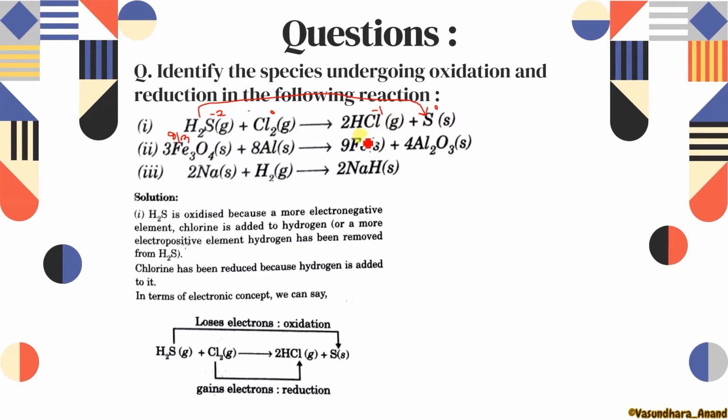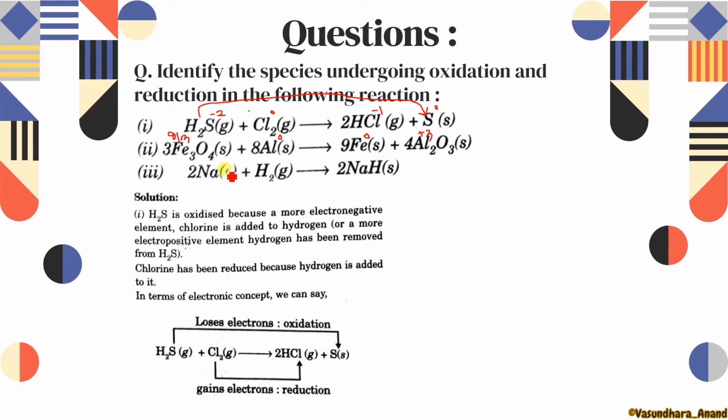So obviously the oxidation number is going to be increased. So we can say that this is what? Decreased. Yes, it is 8/3 and it is 0. So Fe3O4's oxidation number is decreasing, so we can say that it is undergoing reduction. And here it is 0 and here it becomes +3, isn't it? Calculate the oxidation number. So it is undergoing oxidation. Or in the simple way you can also say that oxygen is being removed from here, so this is undergoing reduction, and oxygen is being added here, so this is undergoing oxidation, isn't it?